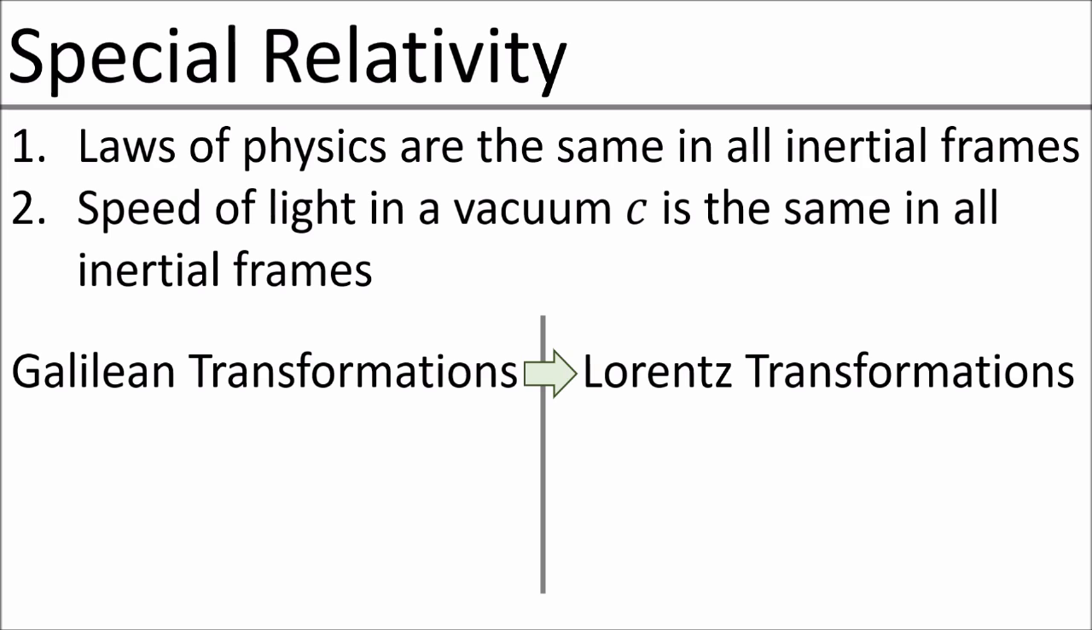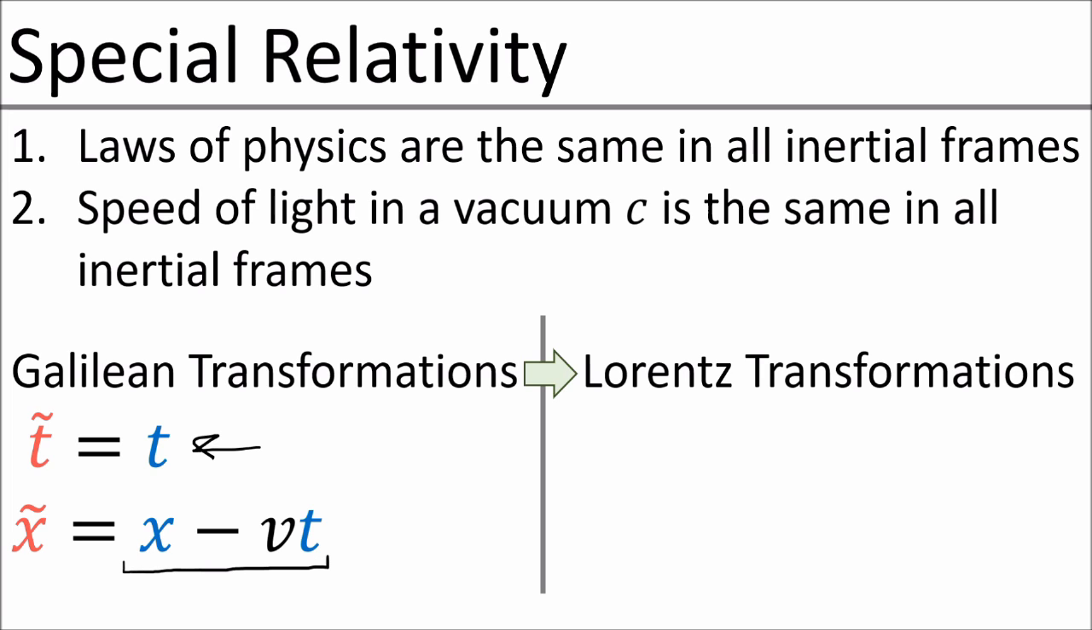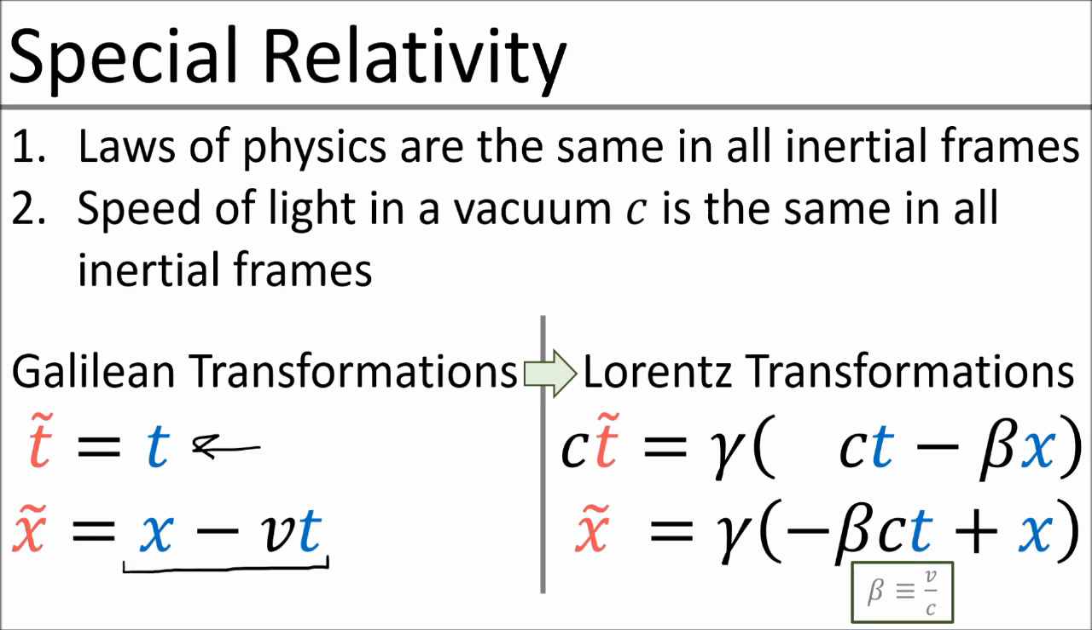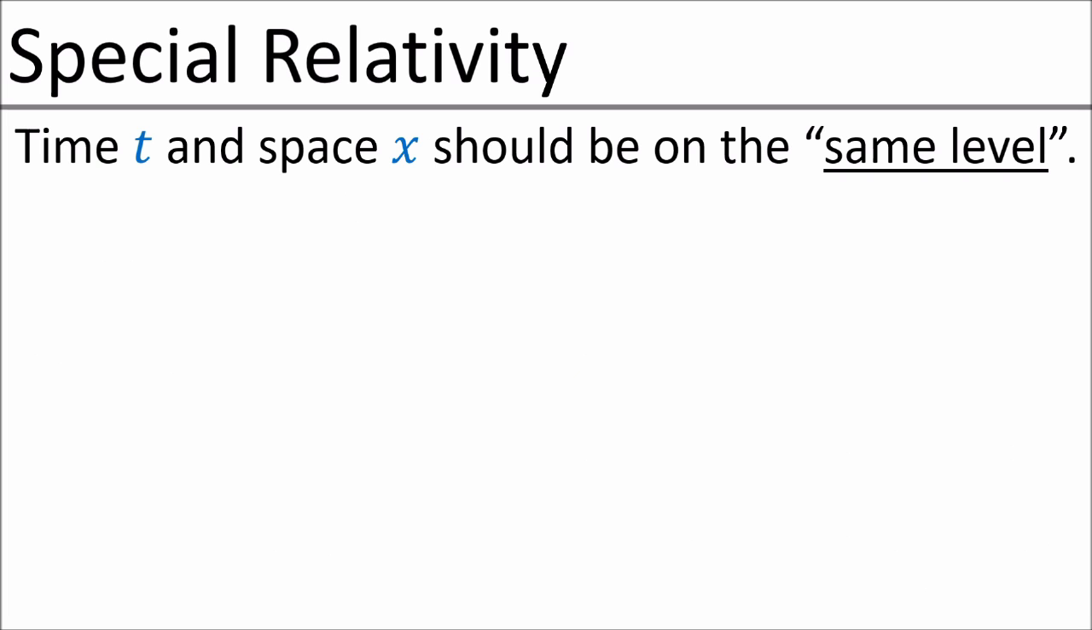For Galilean transformations, time is universal in all reference frames, and position transforms with basic velocity addition rules. However, with Lorentz transformations, the time and space coordinates mix into each other. An important idea in special relativity is that time and space should be treated on the same level, unified together